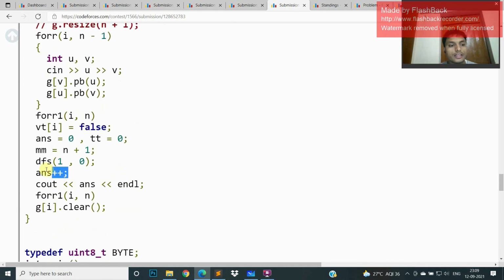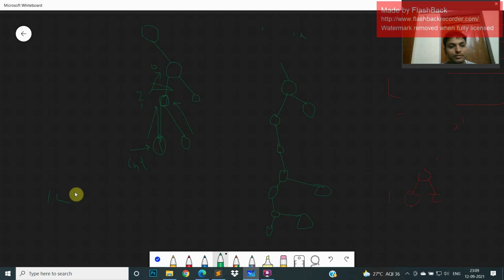Now here I am decreasing by 1, because at the end what I am doing is taking all the buds, like this is the bud, and I take how many leaves it has and subtract 1. Like if it has 3, I subtract 1, so it will have 2, and I will increase the answer by 2.